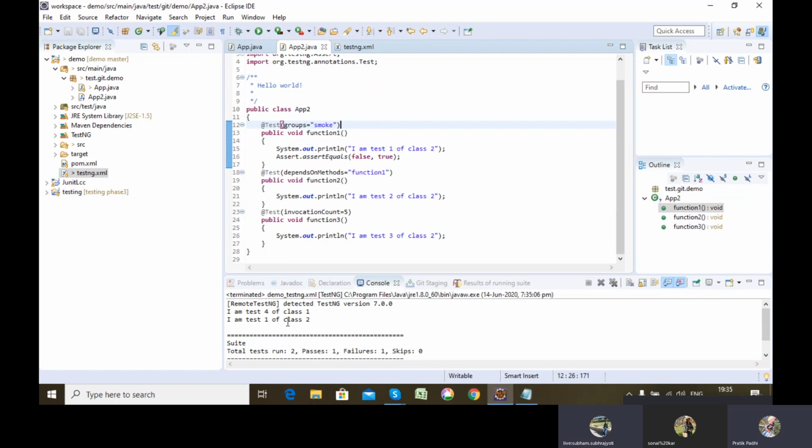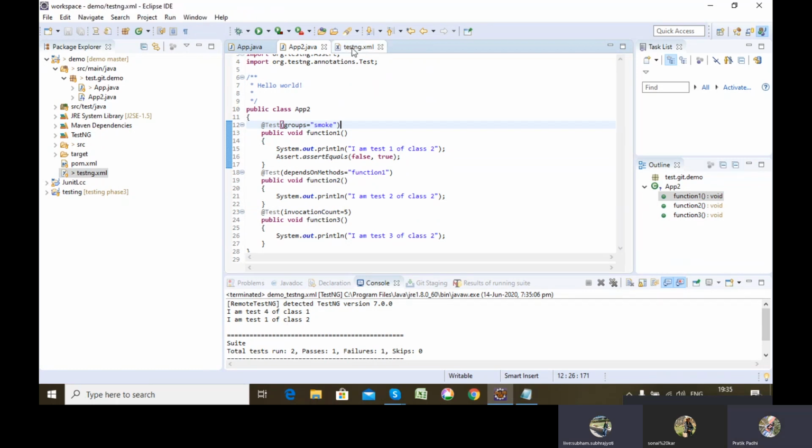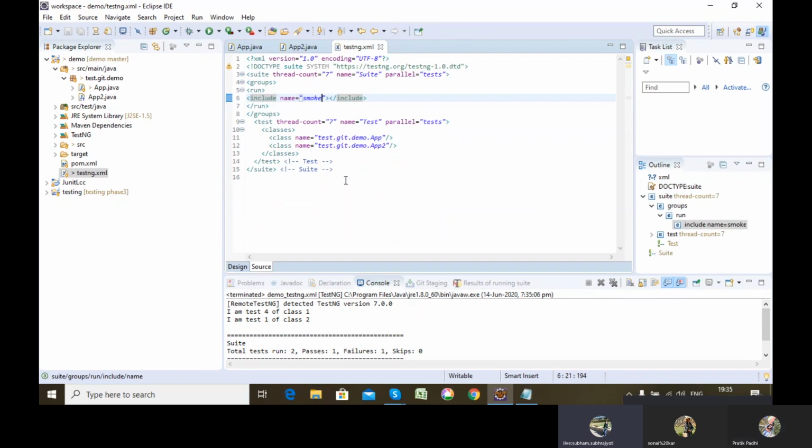Sir, we need to only. Can you please go to the testng.xml file? Okay. So, sir, here, if we provide that groups and run all those things inside that classes file, so it will not run. No, no, this is the syntax how you have to write. You have to write it under the suite tag and above the test tag. Okay. Okay, sir, got it. Yes.